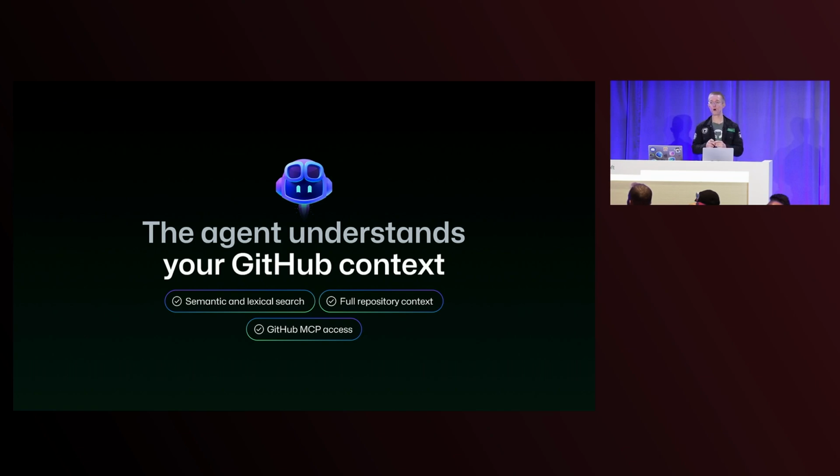So rather than CDing around the entire project and trying to find what to change, it can run a quick search and identify the right places right away. And we also have the GitHub MCP server enabled for the agent by default. And that also means that the agent can explore issues and pull requests and things like that.